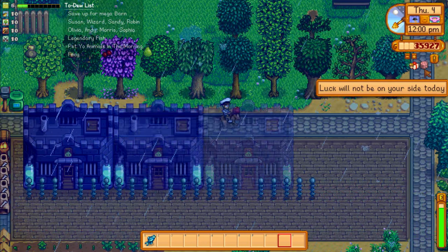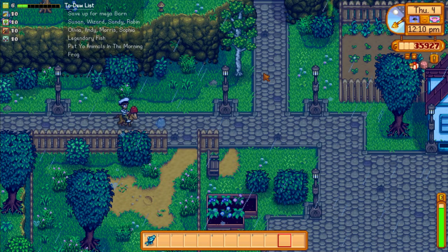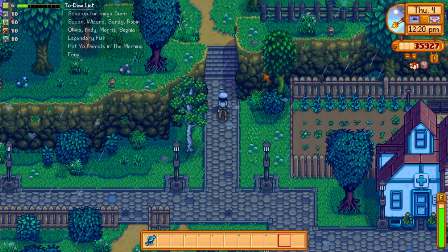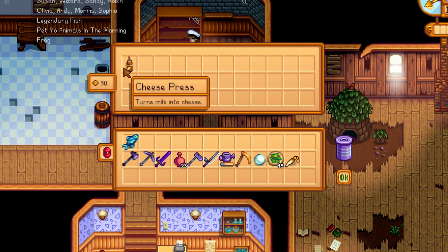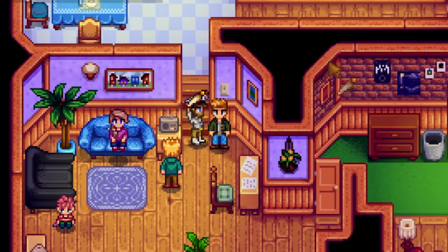So we could spend the day working on some of the fish that are available. I think I'll do that. It'll be nice to just kind of knock some community center stuff out of the way. Let's just go ahead and finish that bundle. And we'll see what we get out of it. Oh, we get another cheese press. That's kind of cool. And let's just go ahead and give you...